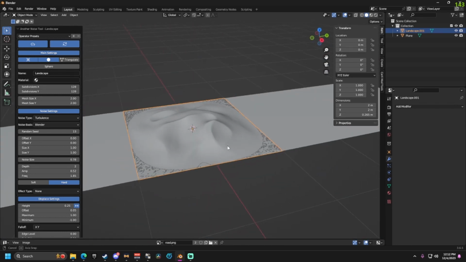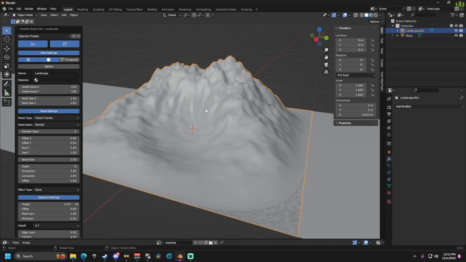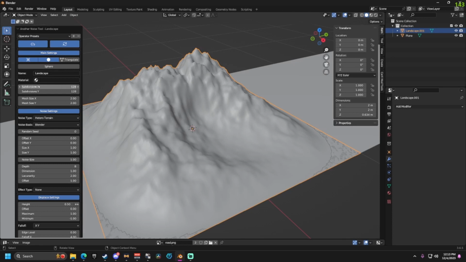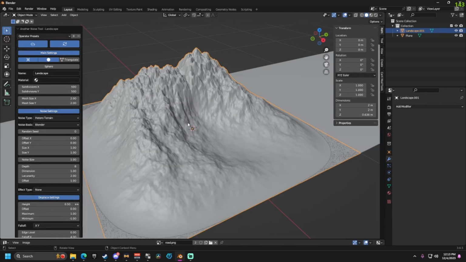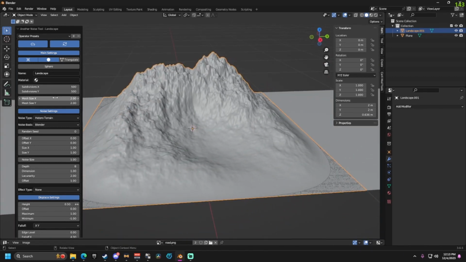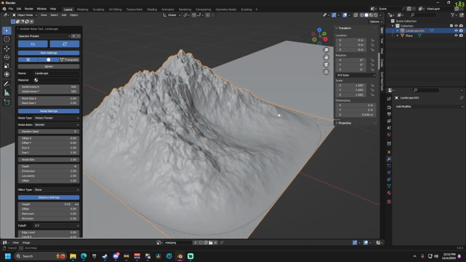Some notes for this, just for future reference. I'll choose default again, just so you can see. You can see how there's not a lot of detail. It's kind of just clumpy, I guess you can say. So if you look here under subdivisions X and Y at the very top, you can change this number to something insanely high. The higher the number, the more detailed it is. So now you can see it's a lot more jagged and mountain-like. Obviously you can take this higher and higher, but just know the higher you go, the harder it's going to be for your PC to render this out,